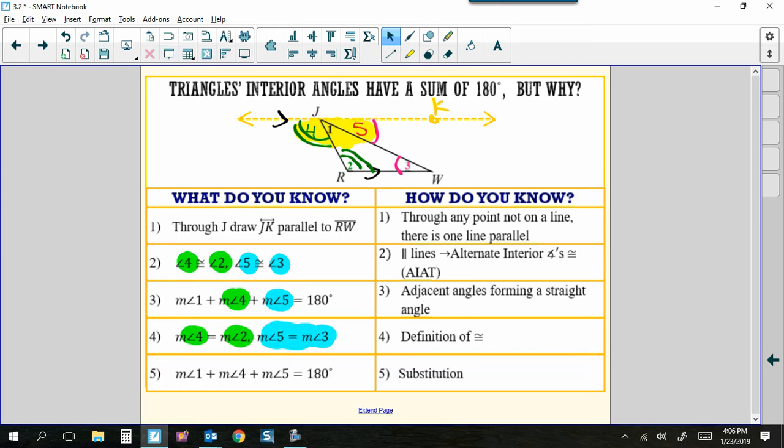By substituting in one for the other, you end up getting the equation that we were looking for, which is not what I have typed here. I think I was tired when I was typing this. So I'm actually going to do the substitution. What do I know angle 4 is the same as? Angle 4 is the same as angle 2. So we're going to say that that is 2. What do we know angle 5 is the same as? Angle 3. Which actually creates angles 1, 2, and 3 having a sum of 180 degrees, which is the triangle sum theorem. So awesome, there you go.